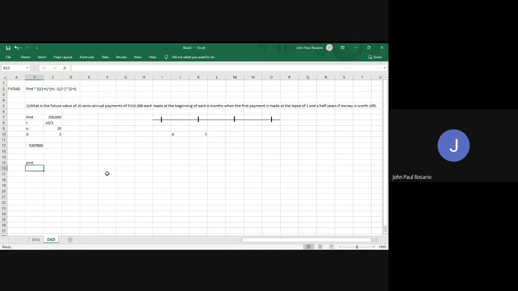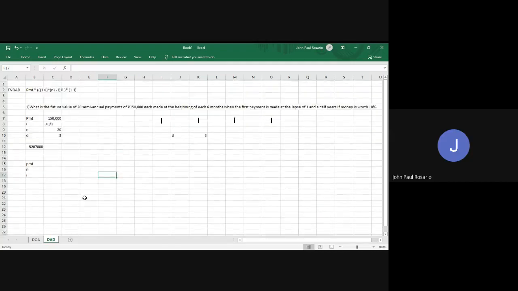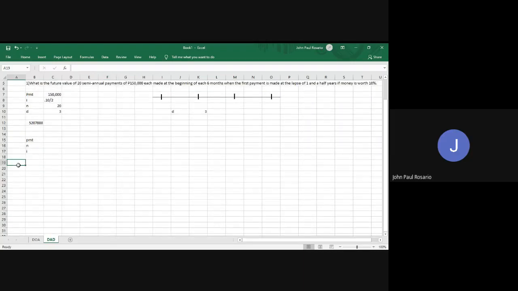Now, if the unknown for this is the payment, or i, refer to the discussion in chapter 5 on the future value of annuity due. Okay? Are you following? Yes, sir. Okay. Now, when we talk about the present value of a deferred annuity due, the formula for that would be